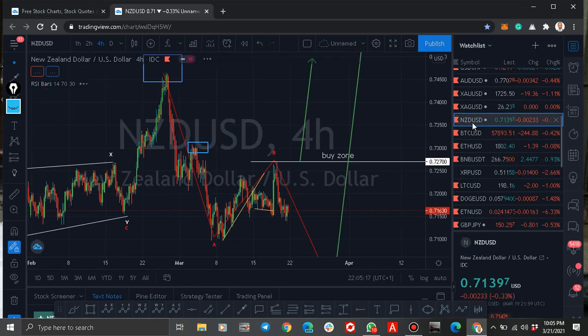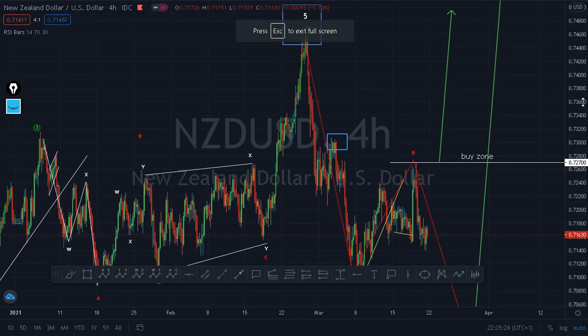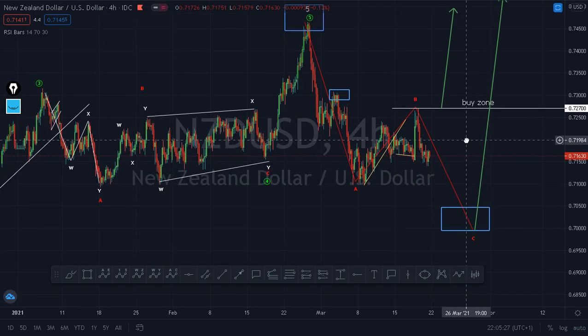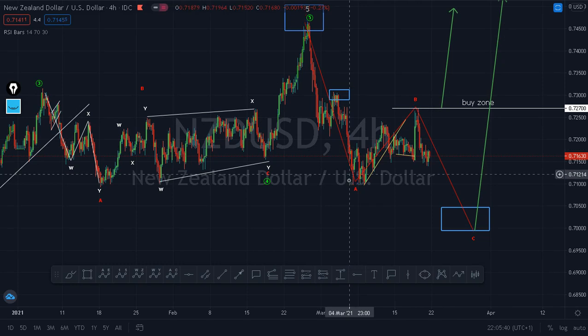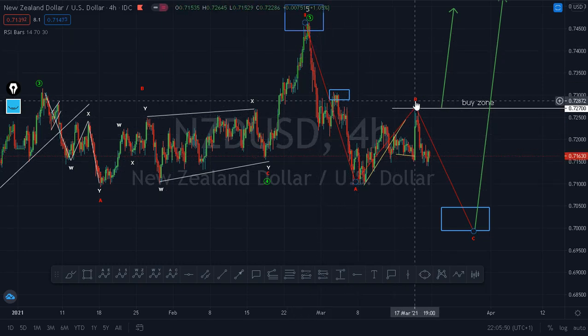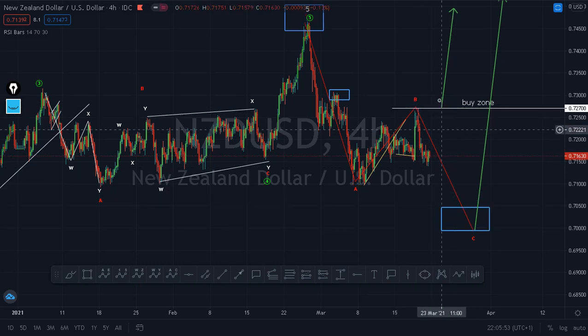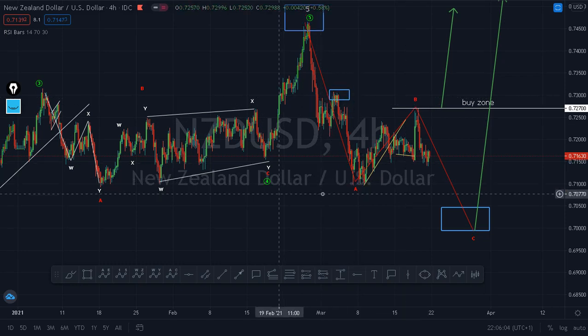New Zealand USD. What we have here, you can see just like NZD USD. This ABC to me is not complete, but it's possible that it has completed here. But I see this as wave B, and I'm looking for wave C to come down here. But if I see a normal break of this line, then I will assume that this is wave A, B, C have ended here. If not,